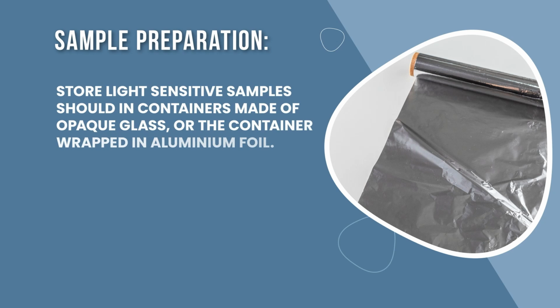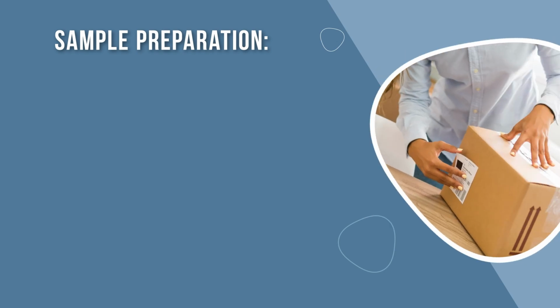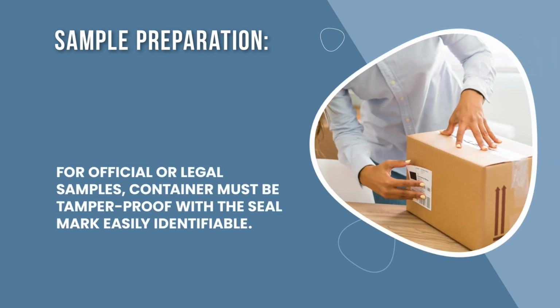Store oxygen sensitive samples under nitrogen condition. Preservatives, we have already talked about it. And for official or legal samples, the container must be tamper proof and it must be sealed properly. The official samples must be sealed properly, and they must be in duplicate. They must have chain of custody identified clearly, and the sample must be collected in duplicate, so that one control sample is there at the agency which is asking you to carry out the sampling for official and legal point